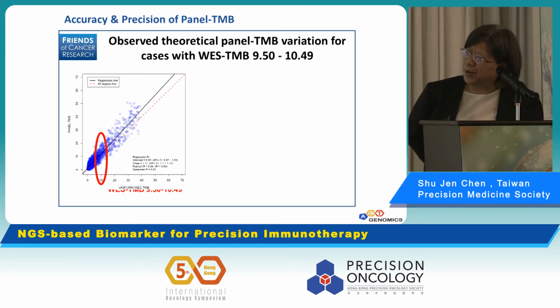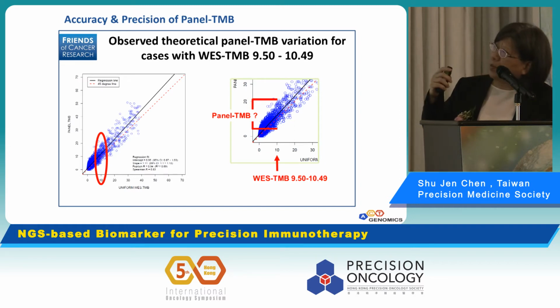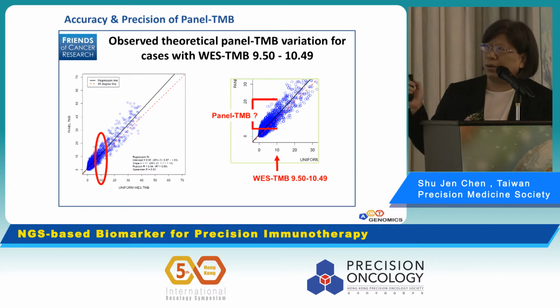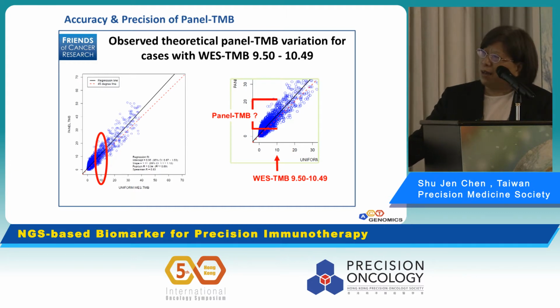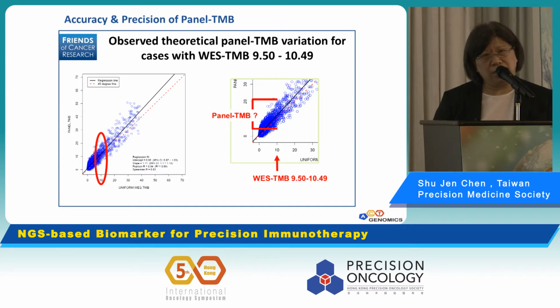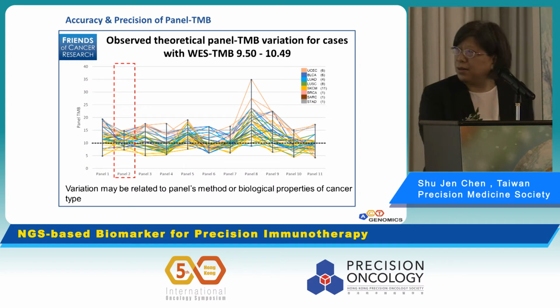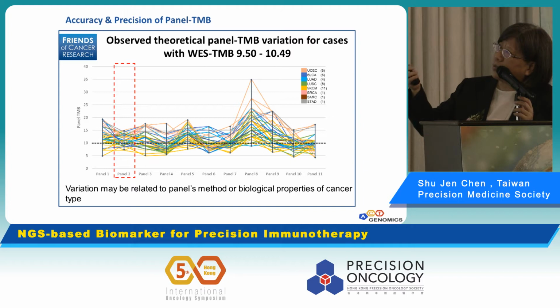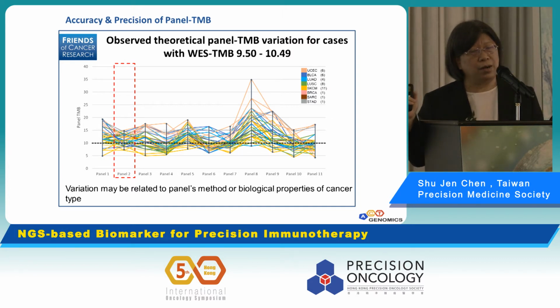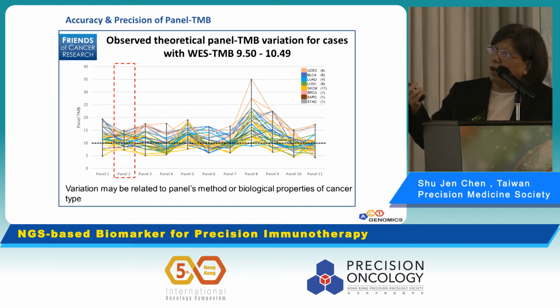But when we talk about precision, we're talking about when you use a panel TMB to predict horizon TMB, when you have a 10 mutation per megabase prediction, is it very, very tightly associated, or is the prediction actually quite scattered? So here NCI did a very stringent test, because we know that the most likely cutoff for TMB high will be at 10 mutations per megabase. So they took out the data in that data set and isolated all of those patients who have TMB somewhere between 0.5 and 10.49. So these are the patient group that we consider to have 10 mutations per megabase, and then looked at the performance